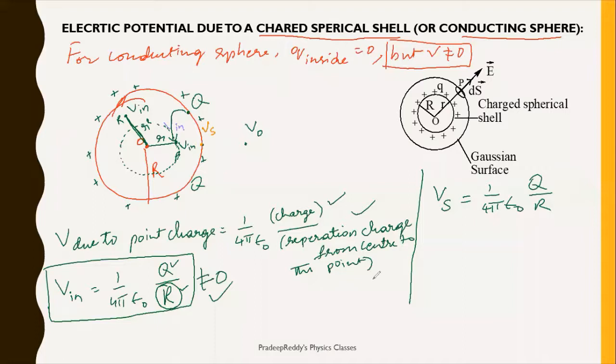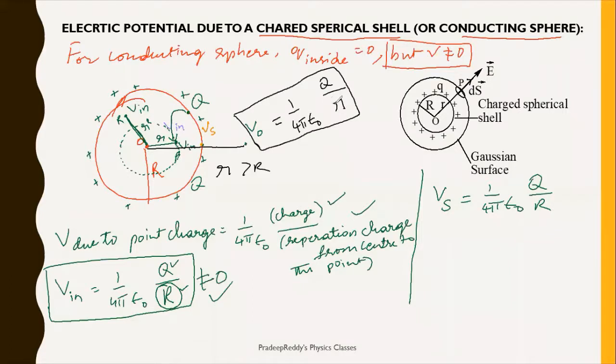Now outside the surface, if you are coming outside, this is the separation small r, and this small r is greater than capital R. So when you are coming out from the sphere, you need to consider the whole sphere as a point charge. In such cases, potential outside can be written as 1 by 4 pi epsilon naught, total charge on the surface is capital Q, divided by small r, since you are far away from the point charge where you are calculating. This is potential outside.